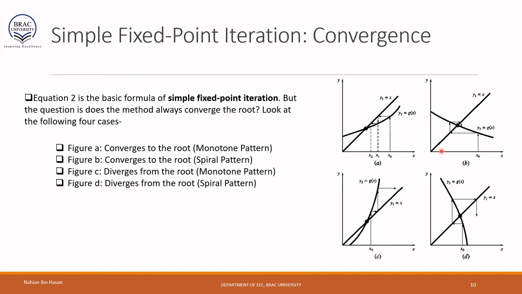So in these four cases, we have seen four separate cases: monotonous convergence, monotonous divergence, spiral convergence, and spiral divergence. So these things can happen in simple fixed point iteration in your practical cases. Whenever you are applying the simple fixed point iteration in MATLAB code or Python code, you need to be assured that you are not diverging, because once you start diverging and you do not check the code from